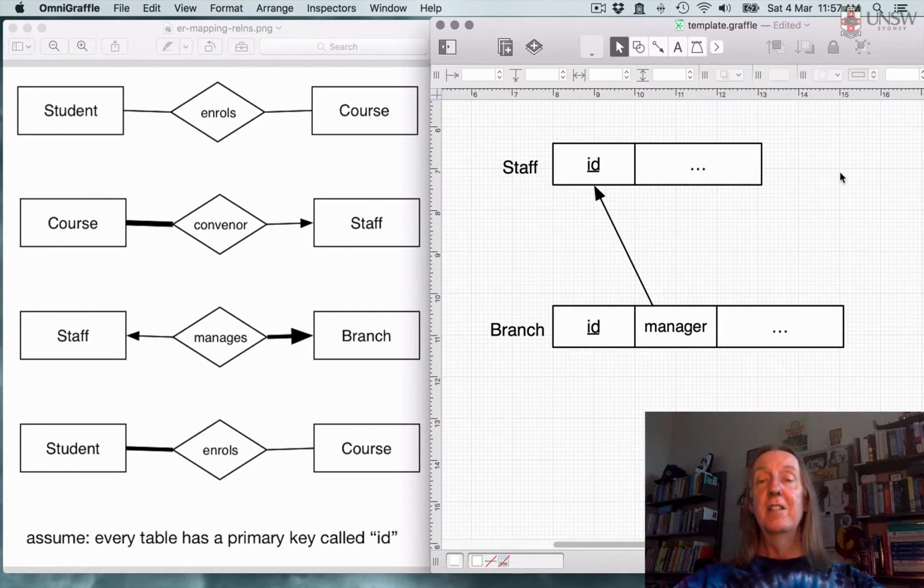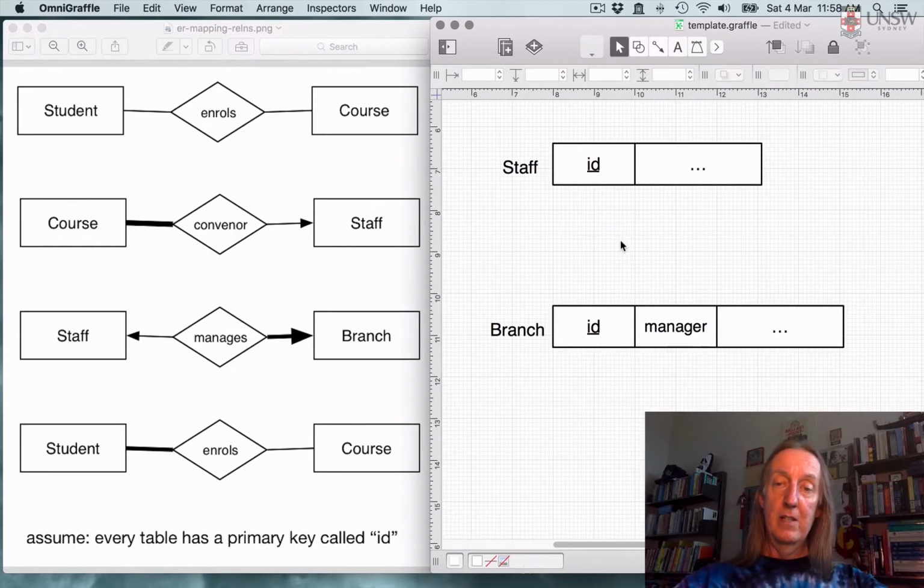Now notice, in some sense, we've kind of inverted the relationship. Rather than staff manages a branch, the branch has a manager who is a staff member, but that's fine. So having that connection allows us to work out who the manager of a branch is. So we've got a representation of that